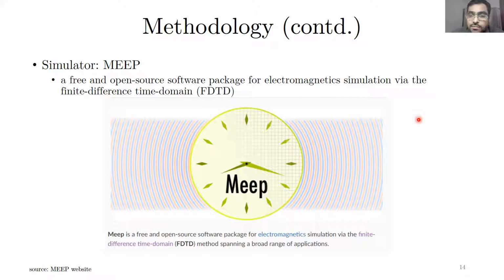If you just Google it, you will find Meep. It has a very detailed website and also some tutorials. And I'm not going to go into the details of the Meep software, but it's very helpful that, as I mentioned, I used to do experimental research back in my PhD days, and it's not like